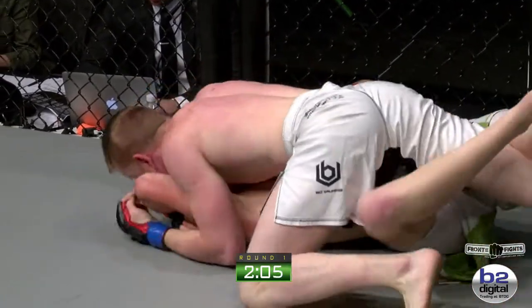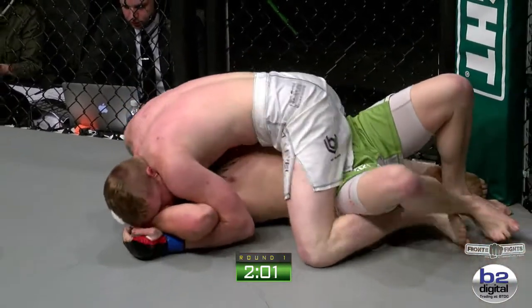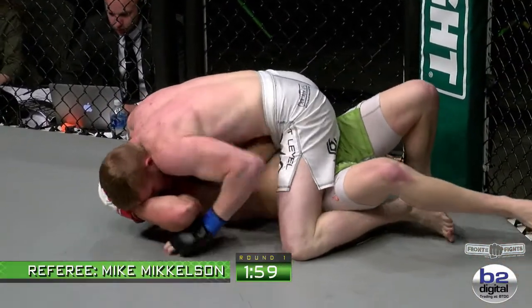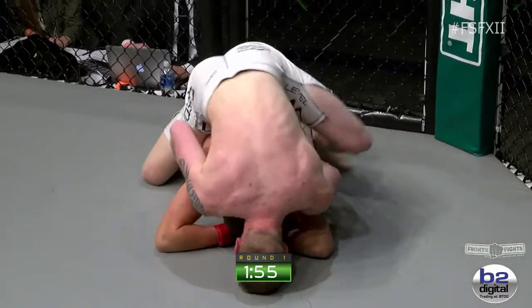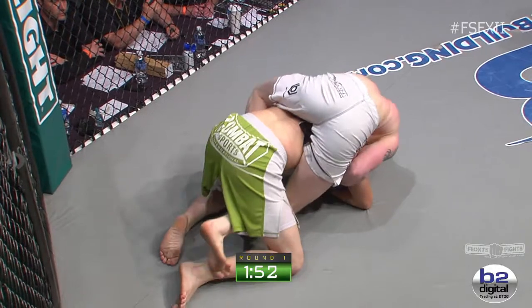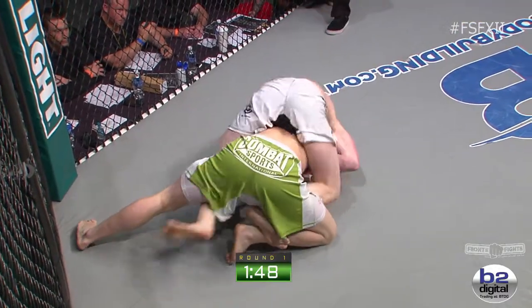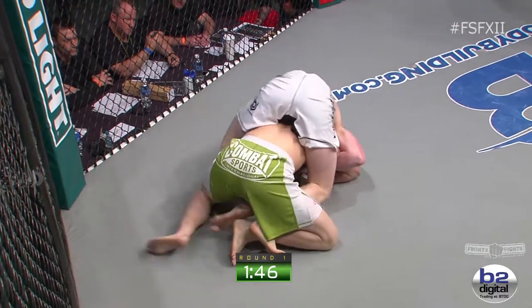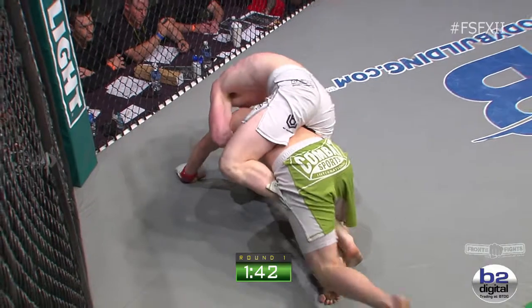If Colton wants to get out of this right now, what does he need to do? Does he need to slow down, relax, push against the cage? What's Colton's strategy at this point? Right where he's at, it's kind of a double-edged sword. You can't give him too much space, but you don't want him smothering you. He did the right thing there. You've got to give up your back. Now you're worried about one thing: Tim Cameron getting the heel hooks in there, establishing more control as we are just about halfway through